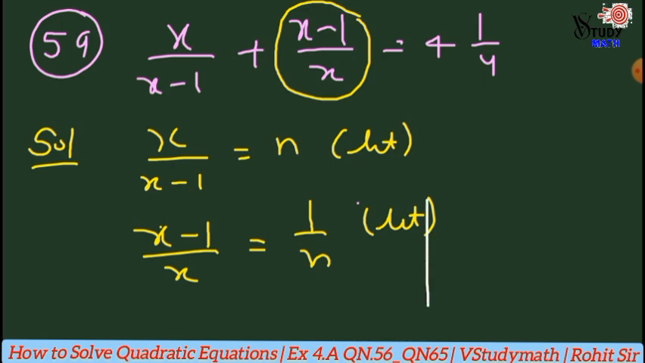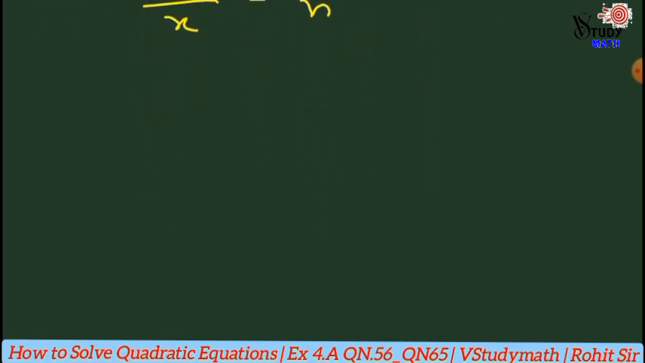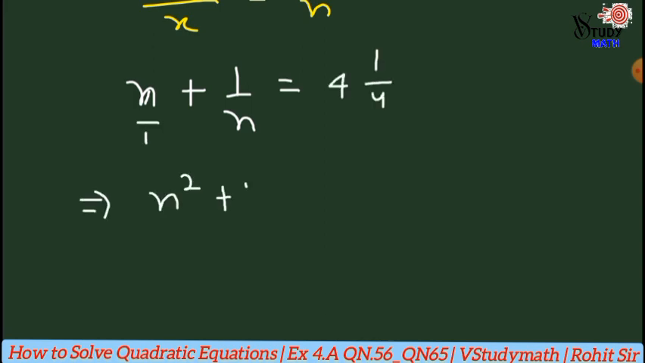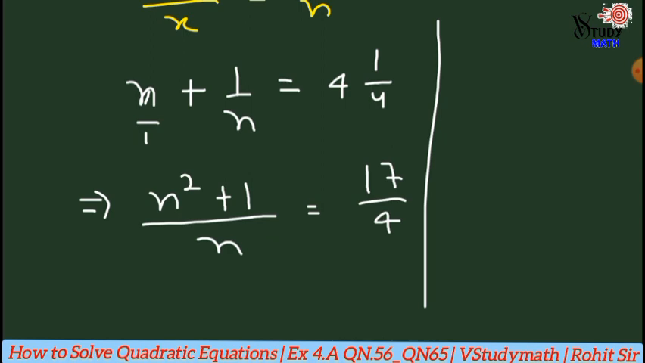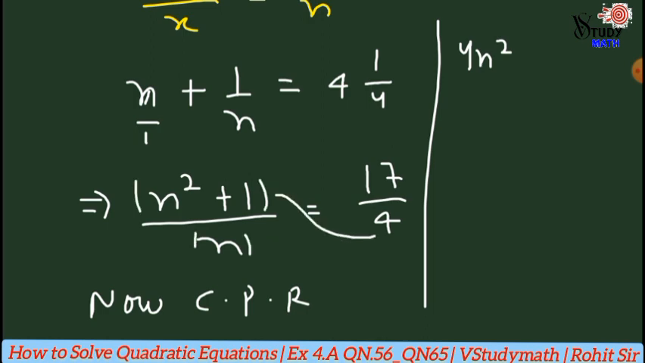Now write this equation. Then we can write this equation as n plus 1 upon n is equal to 4 and 1 upon 4. Now take LCM. Then after taking LCM we have (n square plus 1) upon n is equal to 17 by 4. Now by cross product, this 4 is going to multiply here and this n is going to be multiplied here. So after cross multiplying we have